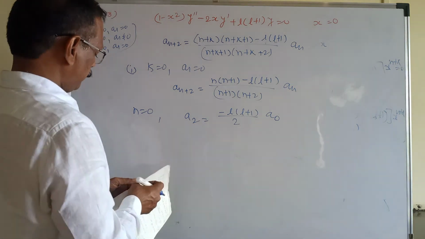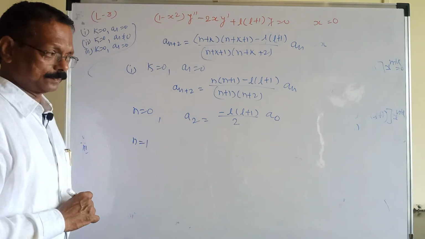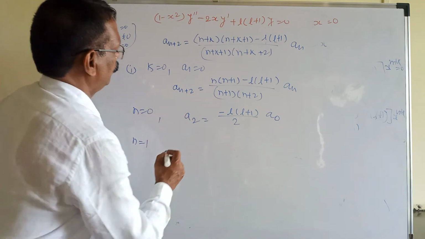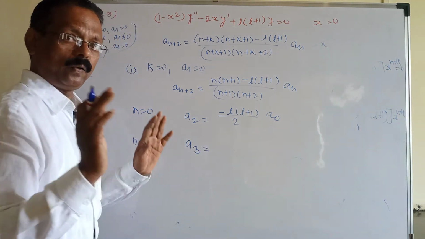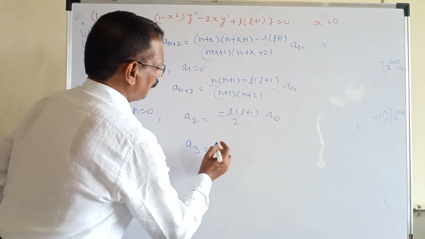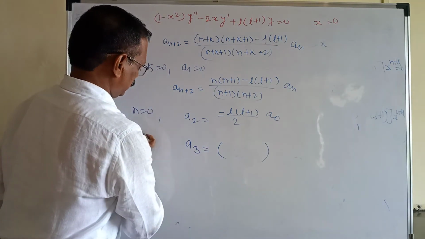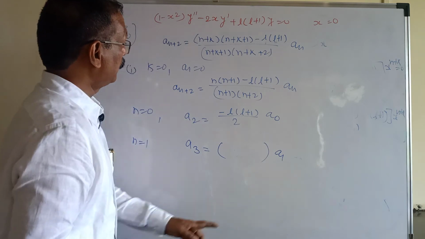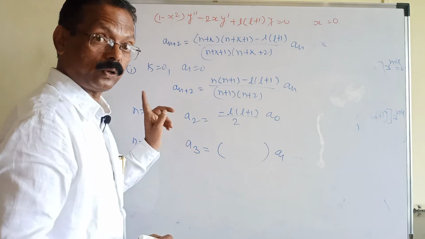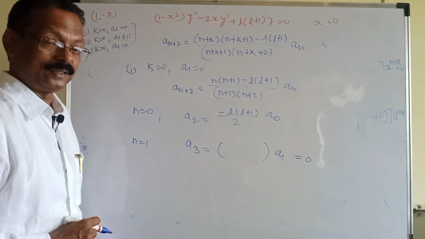Here logically we can solve another step. Suppose n is equal to 1. What do we get? N is equal to 1 means 1 plus 2, so you will get a3 equal to... Without wasting time, logically we can solve this step within a fraction of a second. Bracket it up, whatever it is, it is your a at n is equal to 1, so you will get a1. What is our condition? a1 is equal to 0. So without doing any calculation, we can directly write a3 is equal to 0.